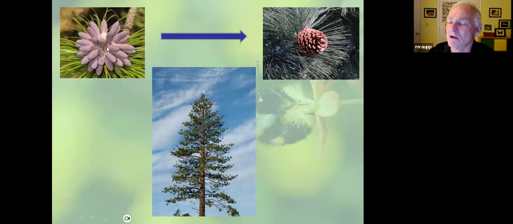And I think most of you know that they have both male and female cones. And how does the gymnosperm get the pollen, the gamete, from the male cone to the female cone? How's that happen in gymnosperms? How do they pollinate? Wind, wind, wind. Very good, gang. Okay, so sure, they're wind pollinated.